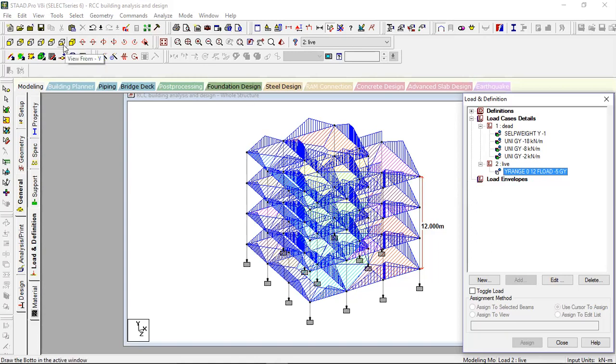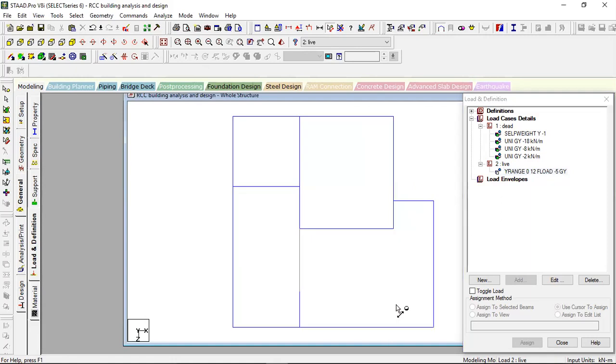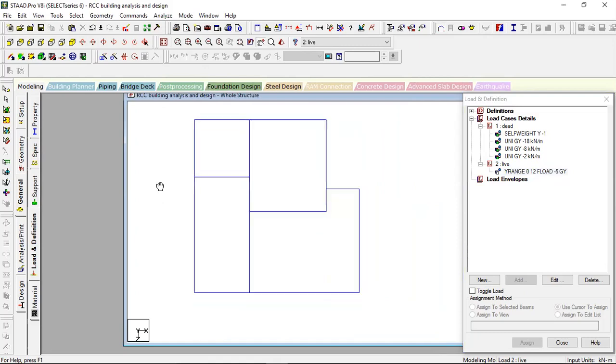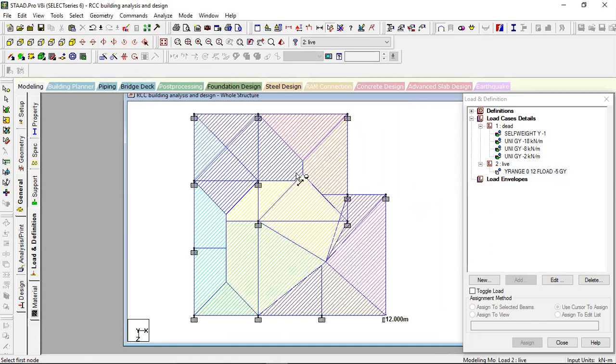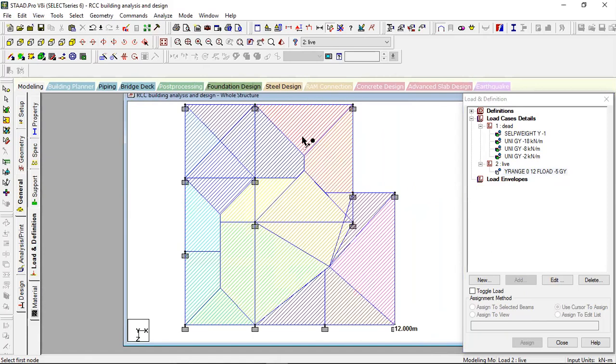So I will view it from the top. This is the best example of how a structure should be loaded before analysis. You can observe this in any tutorial. Generally in practical life we will get the design, we will get the loading like this. So this will be your two-way slab. The load will be distributed in two directions. So this is one direction and this is another direction. So here also it is giving a two-way slab kind of action. We can identify according to the loading also.